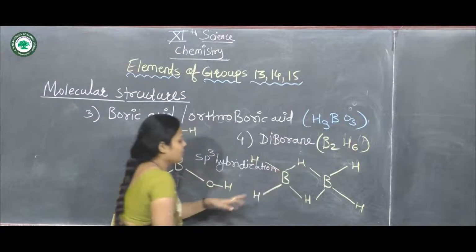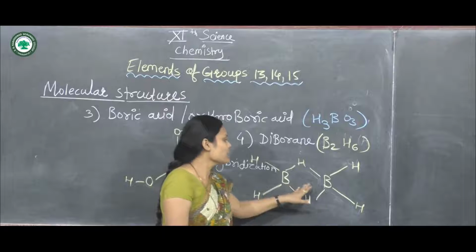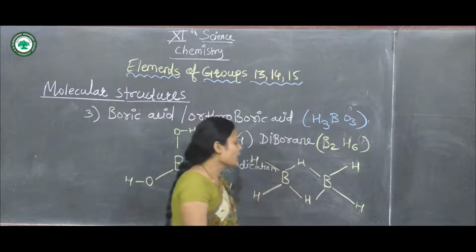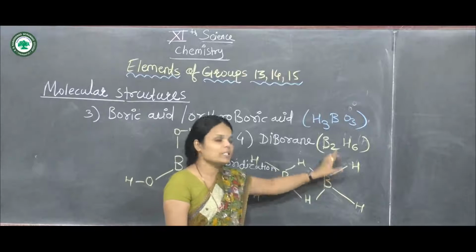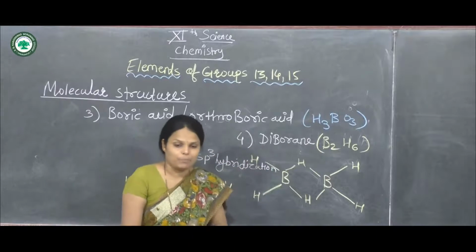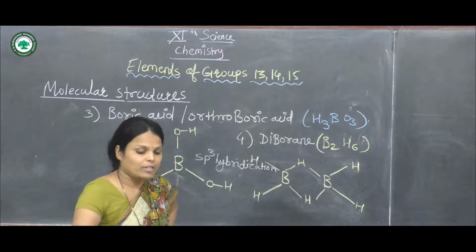And the structure is here. The two central atoms are boron atoms, and on those boron atoms hydrogen atoms are attached. There are 6 hydrogen atoms and 2 boron atoms. It's the diborane structure. Now the next structure is